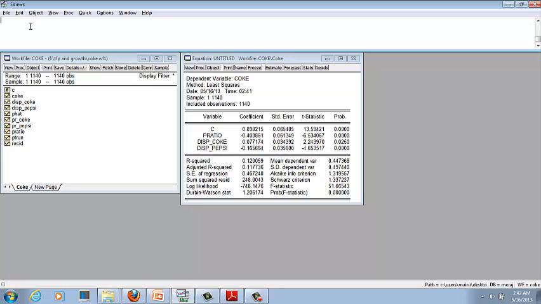So let's create the series PLT0 is equal to P hat less than or equal to 0, and another series PGT1 is equal to P hat greater than or equal to 1.